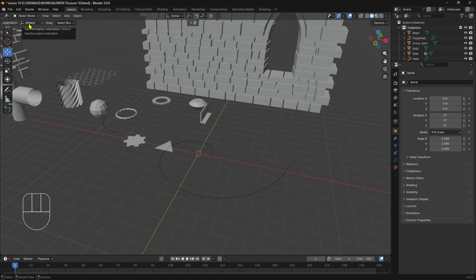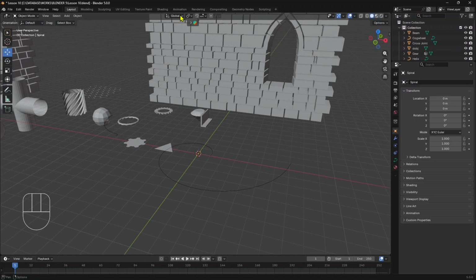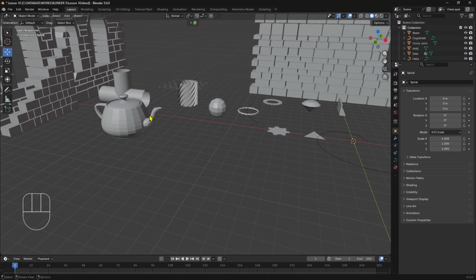Here you have orientation, default, and we have the default selection, and we can change this. Okay, and here we have the possibility to change the orientations of the transformation. So global means that it's going to refer to the global axis, the x, the y, and the z. So for example, if I want to use, let's say, this teapot